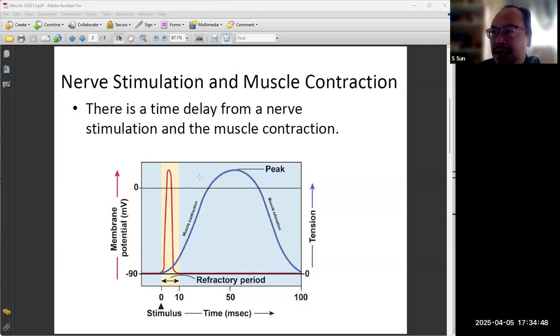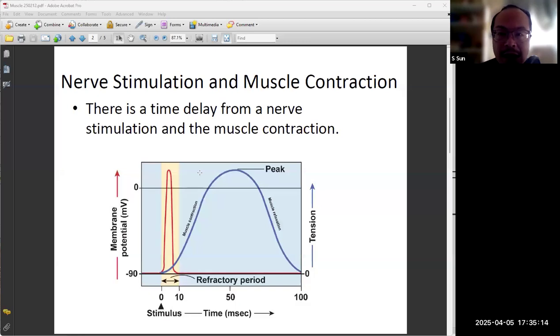This delay can be long, can be short, but there is a delay. These different lengths of delay lead us to know that some muscles react faster and some react slower,